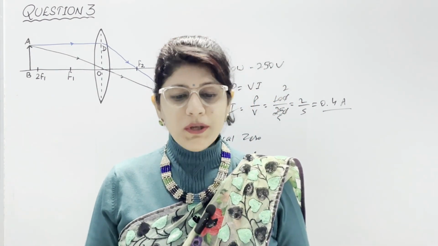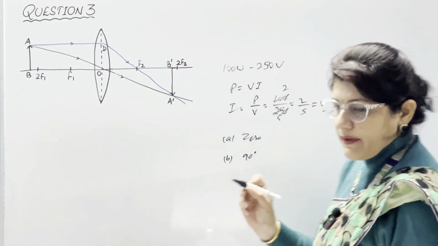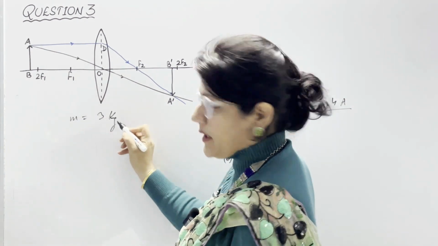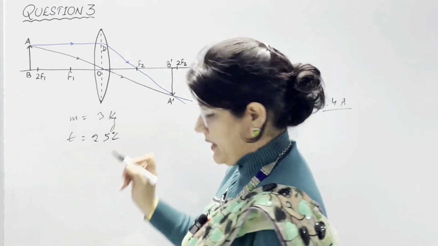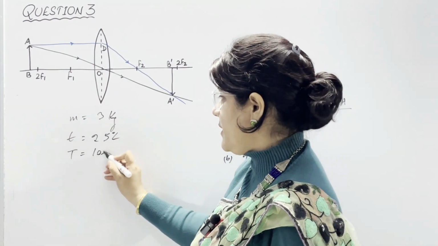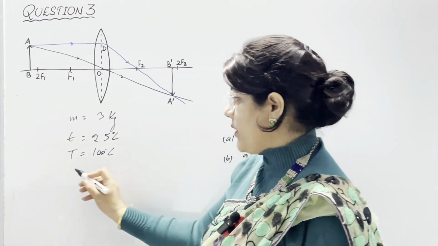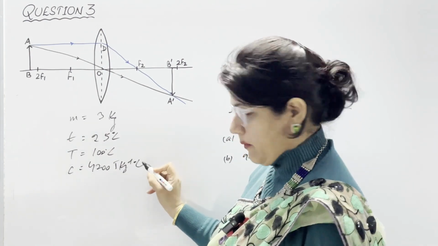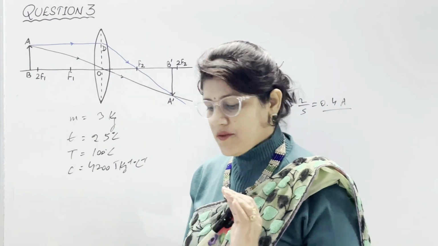In fourth part, how much heat energy is required to bring 3 kg of water at 25 degrees Celsius to its boiling point? So, the mass of water is given as 3 kg and the temperature is given as 25 degrees Celsius, and we know the boiling point of water is 100 degrees Celsius. They have not mentioned it here. Specific heat capacity of water, small c, is 4200 joule per kg per Kelvin, or per degree Celsius, you can also say. Now, how much heat energy is required?